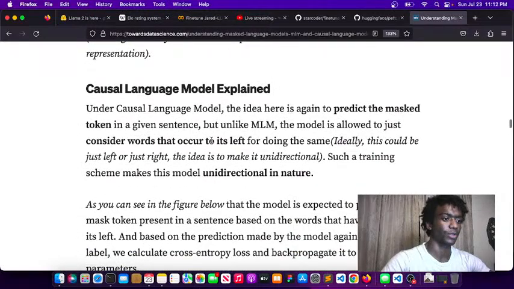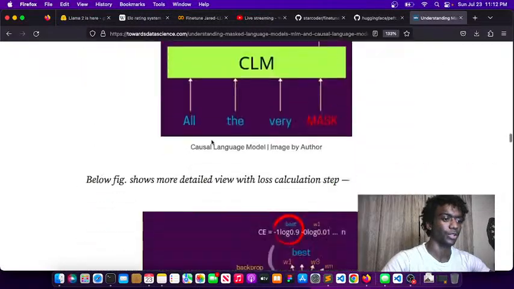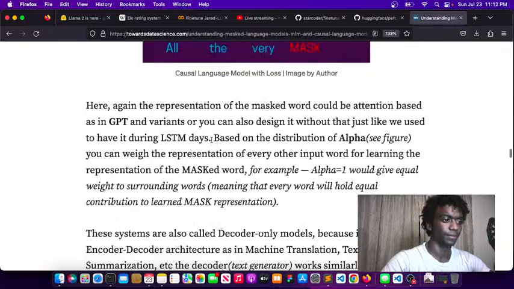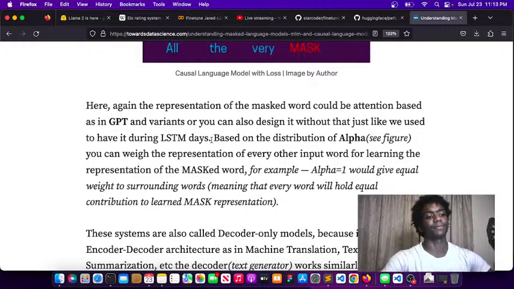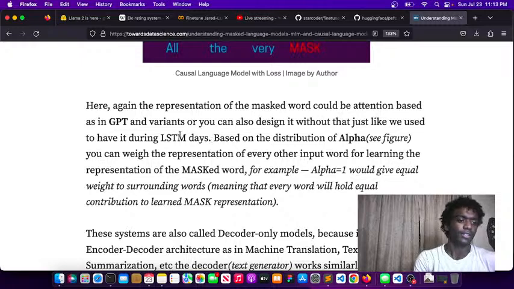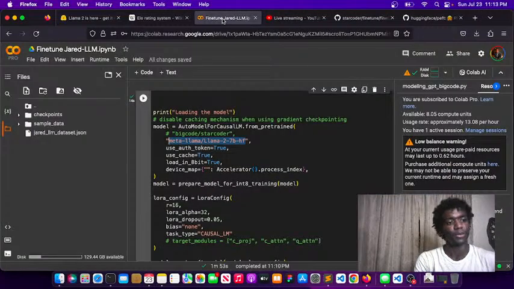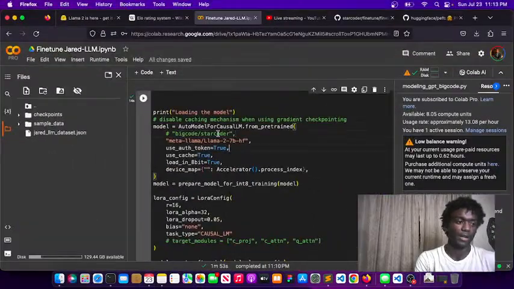The causal language model is unidirectional, and it's like GPT, and it says it's similar to the LSTMs. Okay, it makes sense. So now that we've educated ourselves on how things work, let's go back